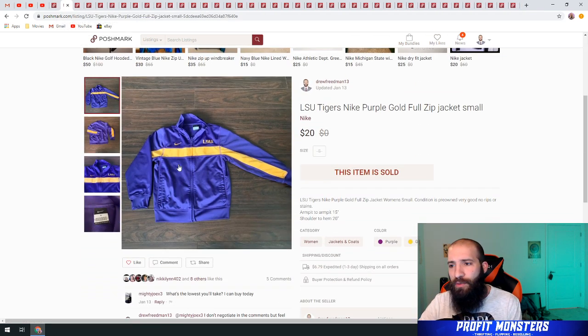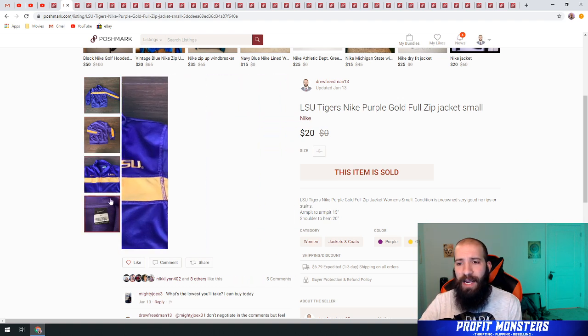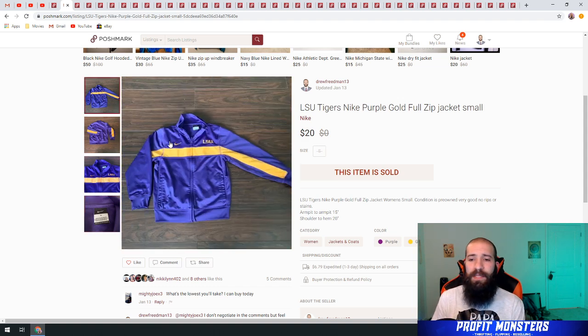Nike LSU Tigers jacket. Again, college teams here. You can see that my pictures on this one were not that good and I didn't realize it when I made the listing. It's very hard sometimes to get the reflective dry fit colors because they're reflective. So when you take pictures,